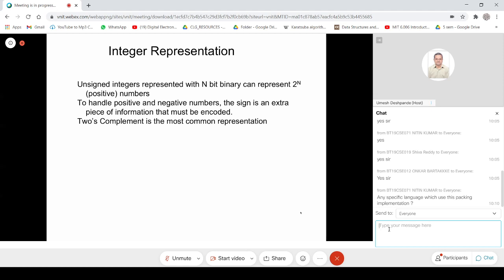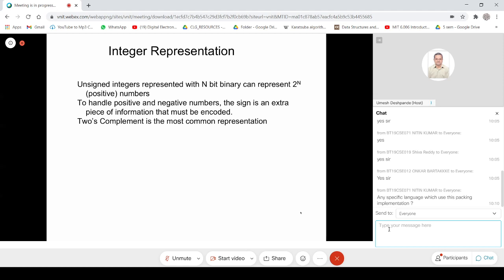To represent signed integers, that is, those which can take both positive and negative numbers, the sign is an extra piece of information that needs to be taken into account, and typically the most significant bit is used as the sign bit, and most often the format used by the hardware is the 2's complement representation.